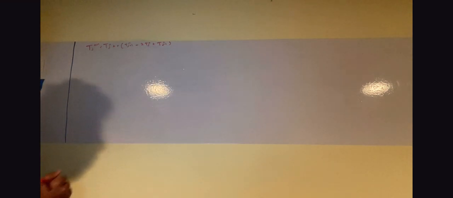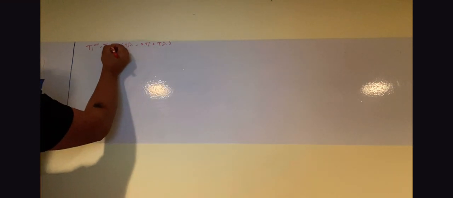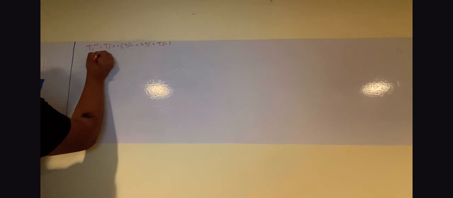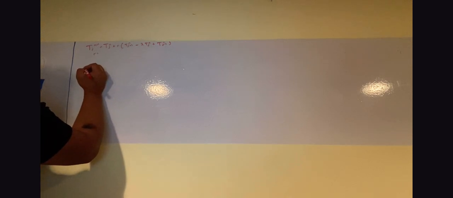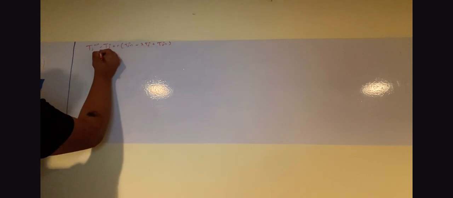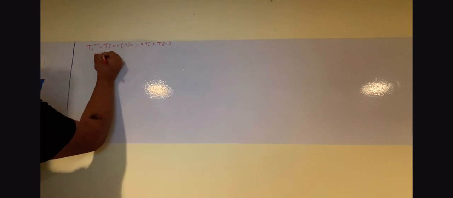All right. So in this equation, as I said in our part 2 video, r is equal to alpha change in t over change in x